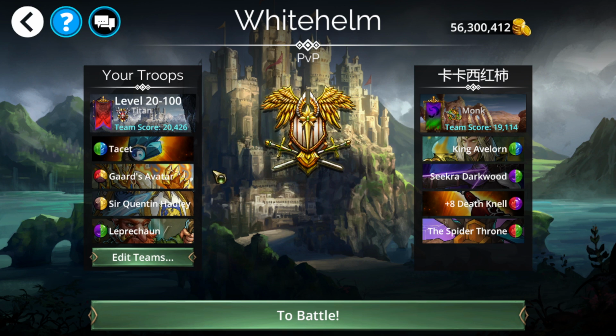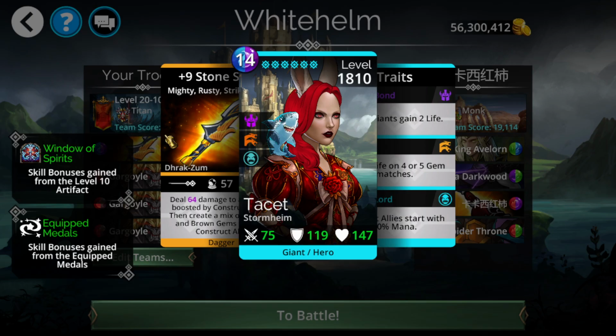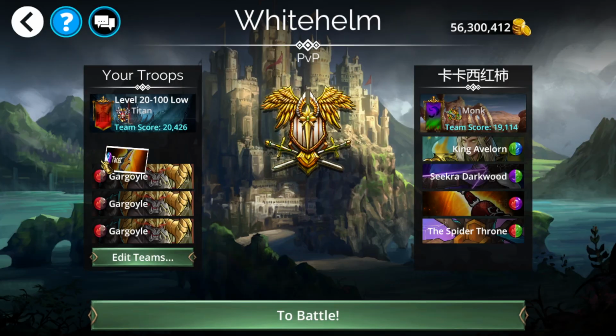For this first team that we have here, it is Guards, Avatar, and Sir Quentin Hadley. Good old classic. I've been running it a lot lately. It just works really well for it. If you happen to have access to it, Leprechaun to get them all up, some other mana accumulator in first slot. Just really a good way to kill out lower leveled factions. If you need something lower rarity, you can go any weapon here. You can go the Stone Slicer if you have access to it. You can go the Construct Explodey weapon if you have access to it. They were around several months ago when we had Hellcrag